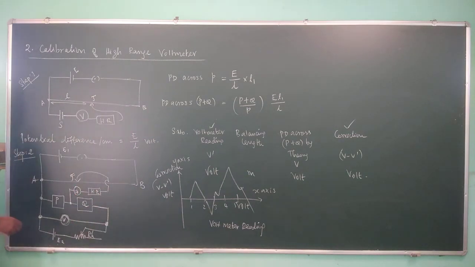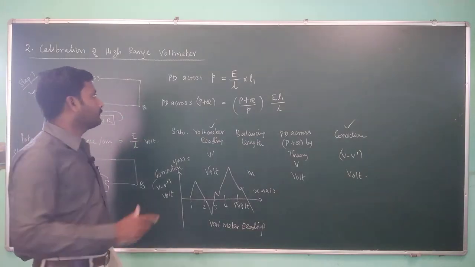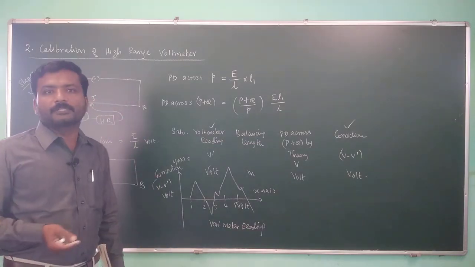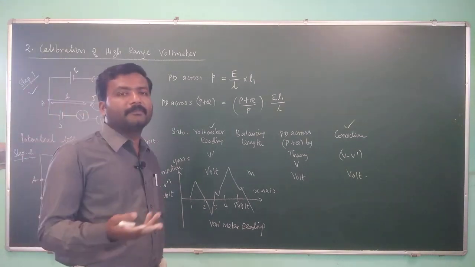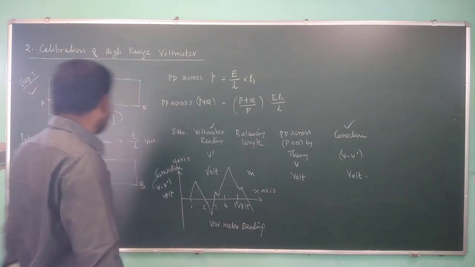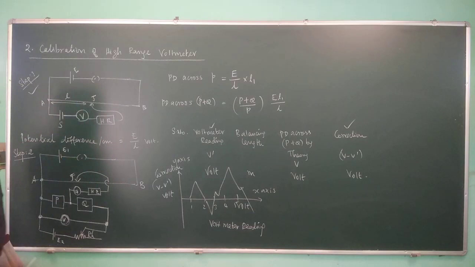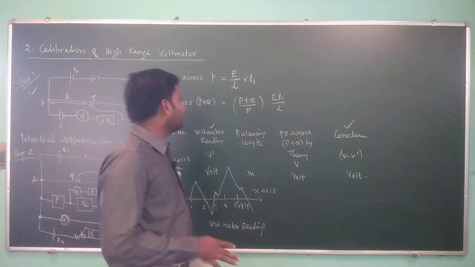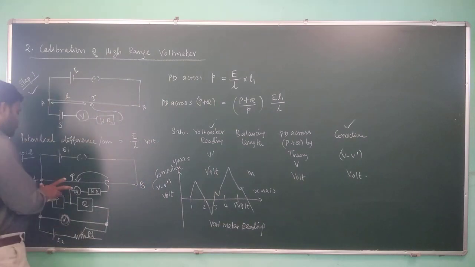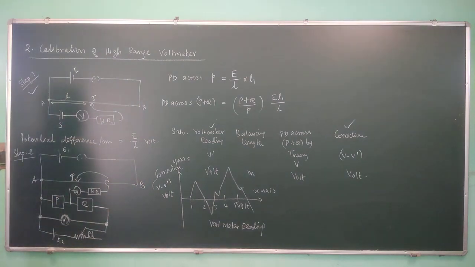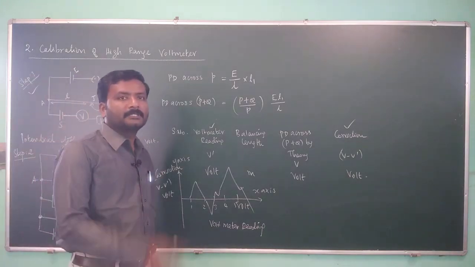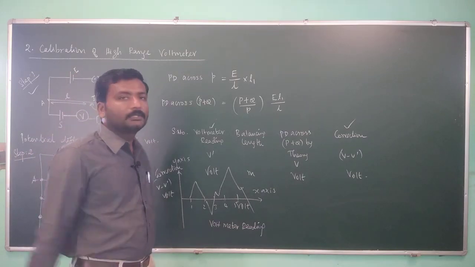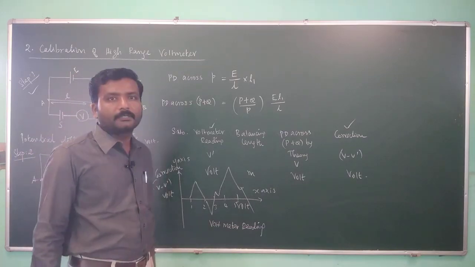So in each case, the first part of the circuit is the same, while the second part of the circuit will be slightly different. But we are going to calculate effectively the potential difference, and based on the potential difference only, we are applying. If you are calibrating an ammeter, we are converting it into current by applying an extra resistance here. In these two cases, we are dealing with potential, that is voltage, across this point, right? So this is how we can calibrate the high range voltmeter. These are all simple experiments and simple theory, so that you can go through. This is not too hard to understand, I hope.